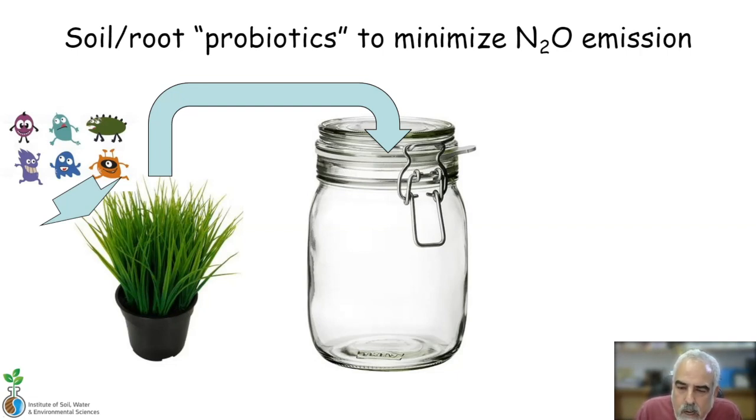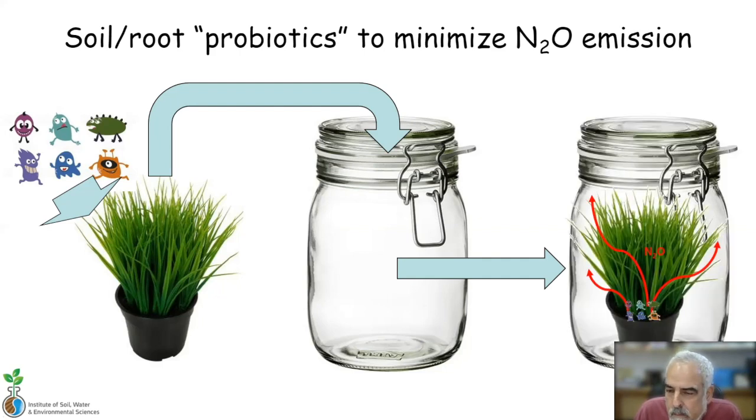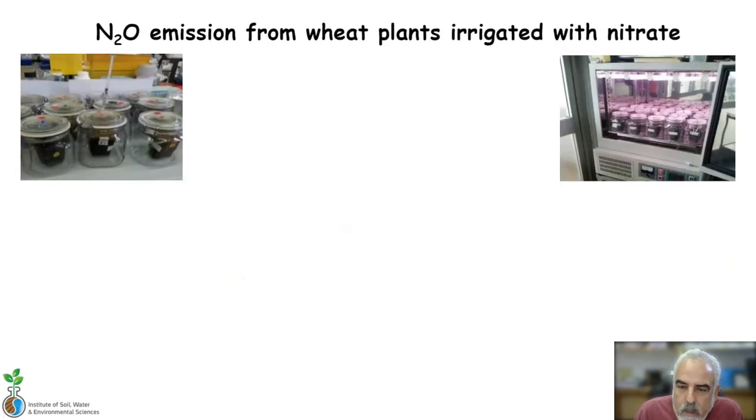So when we closed it in the jar, the bacteria, the natural microbiome, produce nitrous oxide by the process of denitrification, and we measure the concentration in the atmosphere when amended with bacteria, our specific bacteria. So this is how it looks in real life. These are glass jars. We have a septa, and a syringe was used to take out atmosphere, and the results